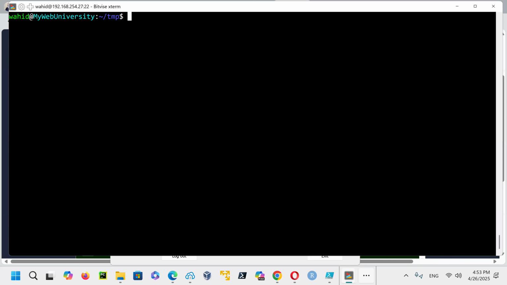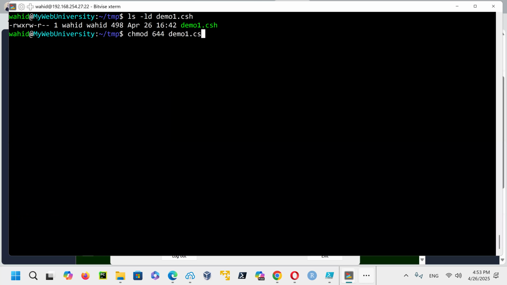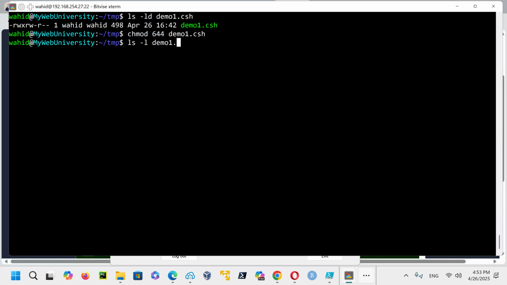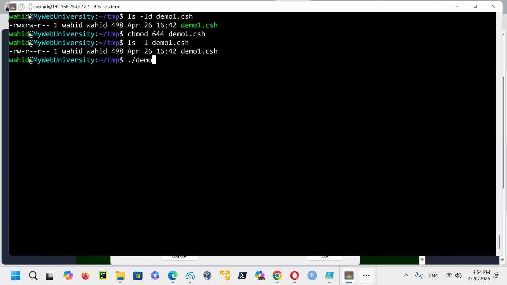Another way is that if I do ls -l demo1.c shell, and then change mode 644 demo1.c shell, now demo1.c shell does not have the execute permission. If I run demo1.c shell, it says permission denied.